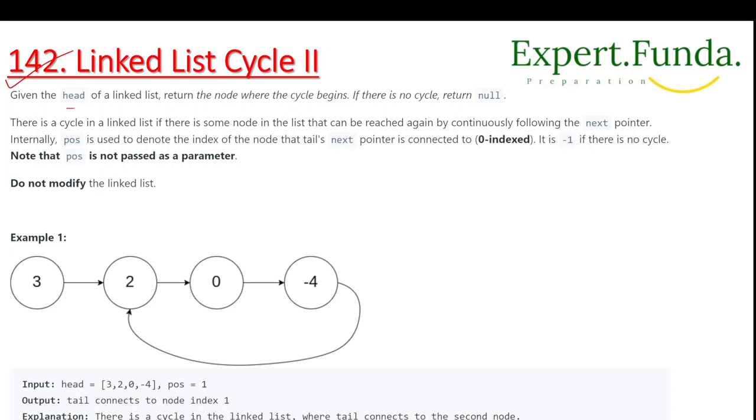Given the head of the linked list, return the node where the cycle begins. Okay, so we have to return the node from where the cycle begins. And if there is no cycle, we have to return null. Okay, so there is a cycle in a linked list if there is some node in the linked list, right,